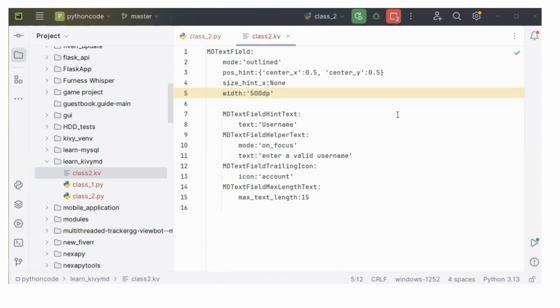There's a lot of modification in KivyMD 2.0.1. In KivyMD 1 point above, these are not the way we use them. So there are a lot of modifications, and I'll be showing you how you can use buttons in KivyMD